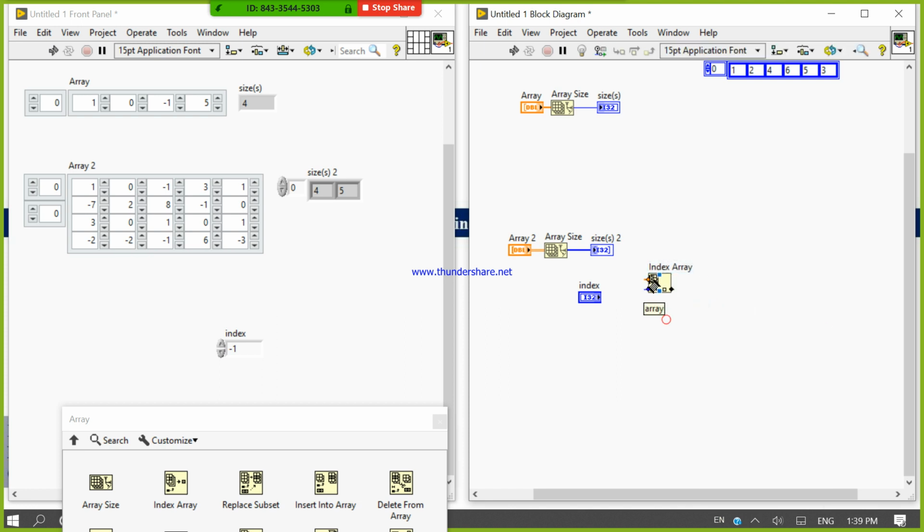When you connect this index array, it will automatically add one more: index value of column, index value of row. Let's see, take one more. There are 3 index array functions.